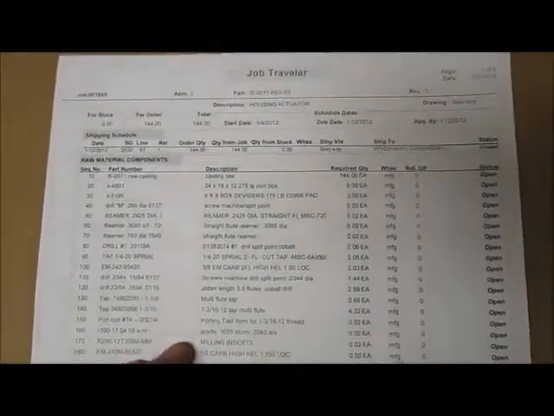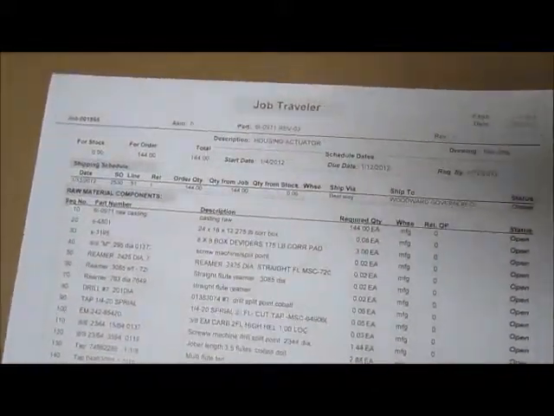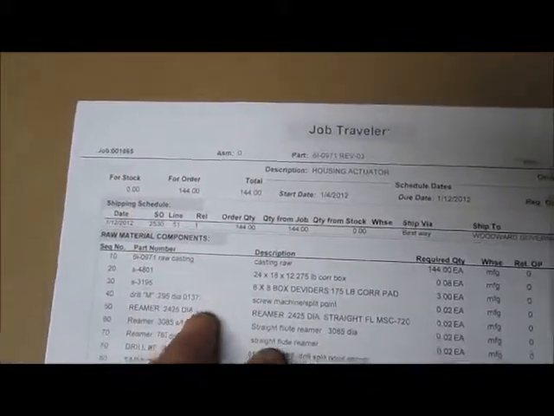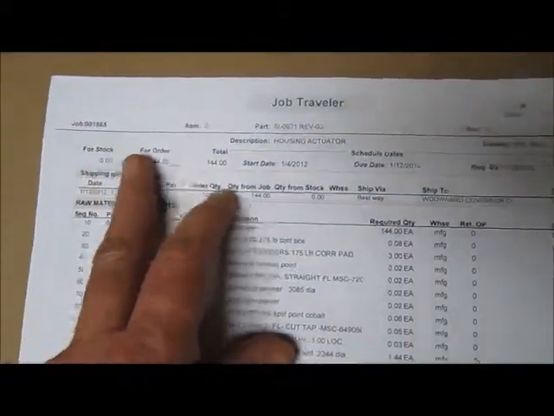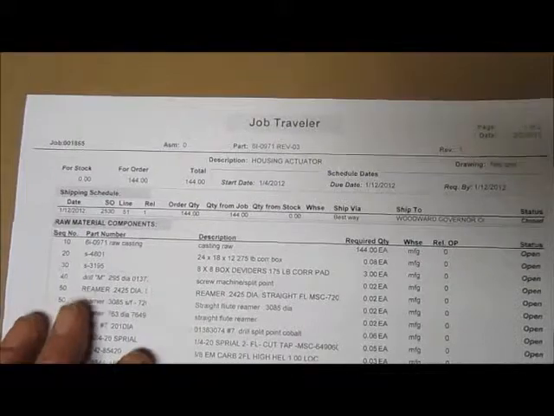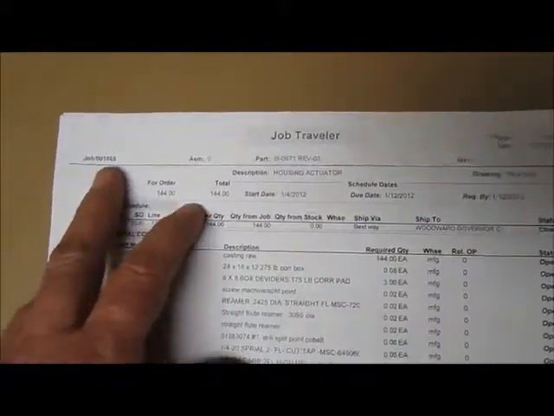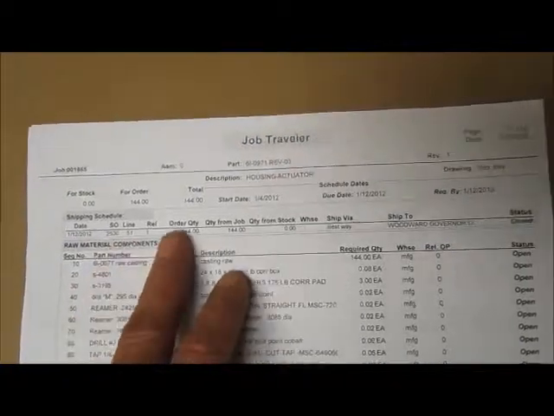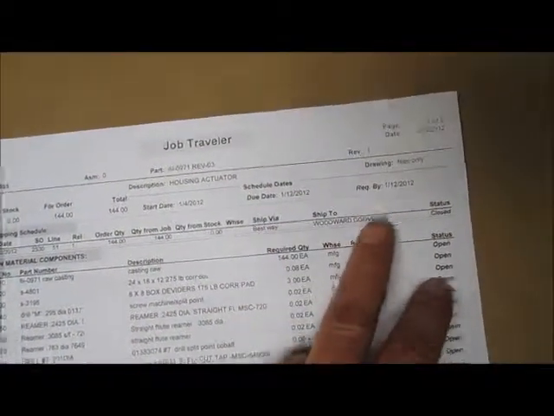This is part of Axxis Machines shop control software. The output is what we get as our job traveler. It gives us all the information that operator and setup people will need in a nice, simple form. It follows the job throughout the shop. The job number that the employee would punch in on, overstock run, start dates, due dates, inquired dates,